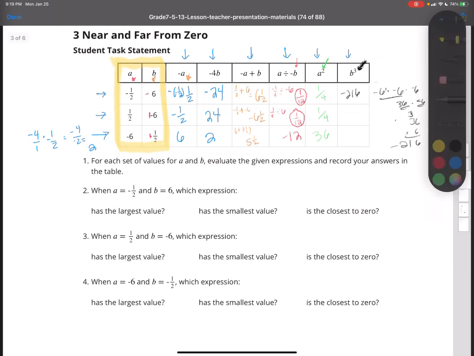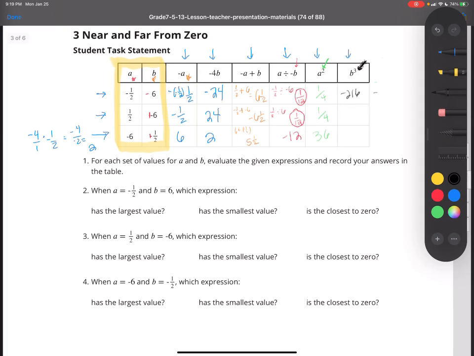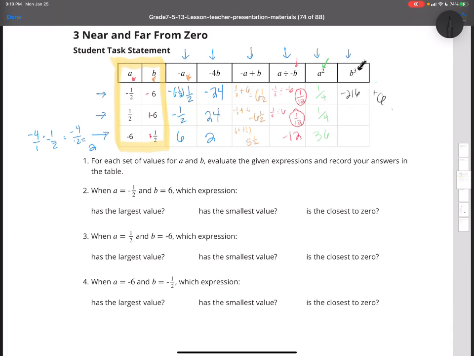Moving on to the next one. We have a positive 6 in this case, which if we were to plug it in, it'll be positive 6 times 6 times 6, which would be a positive 216. And then for the last one, we have a positive 1/2,